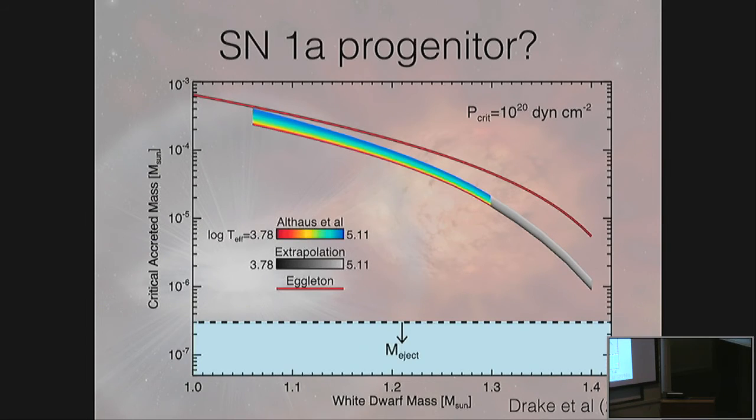Now, what have we got here? We've got an ejecta mass which is, well, you know, factors of at least several less than the mass gainer. We already know that it's really at the high end of the mass scale. It's close to the Chandrasekhar limit already. If it's gaining mass, then inevitably it will have to be a supernova explosion if it's a CO white dwarf. We don't see any neon in the spectrum, so the indication